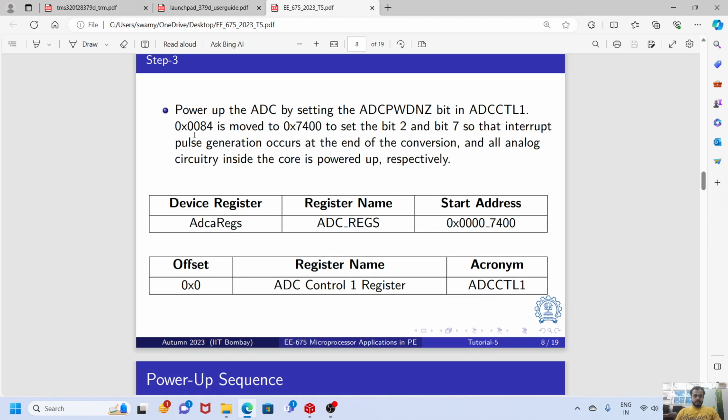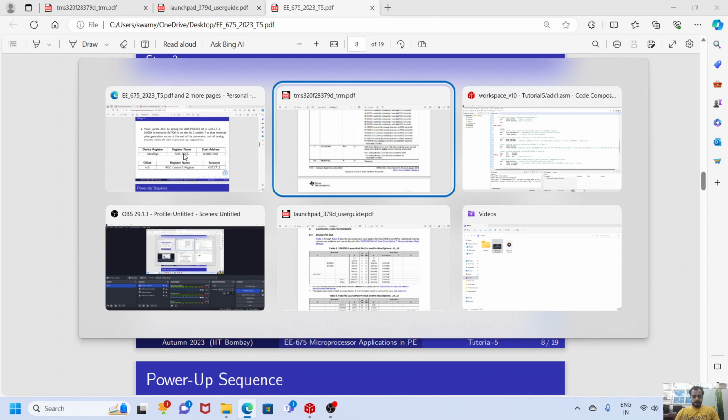There, if you see, we have moved 0084. It is to set bit 2 and bit 7 so that the interrupt pulse generation occurs at the end of the conversion, and all the analog circuitry inside the core is powered up. So it serves two purposes. By setting the 7th bit on, we are powering up our ADC, and by setting the 2nd bit,